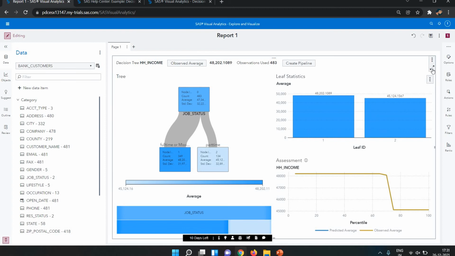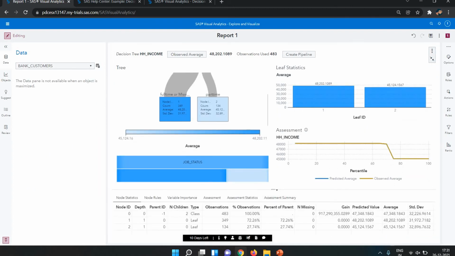Okay, and if you want the detail view, in the detail view they will show the number of missing values. So how many missing values are there? Okay, predicted values: of the total, 47,348 is the predicted value for both full time and part time.